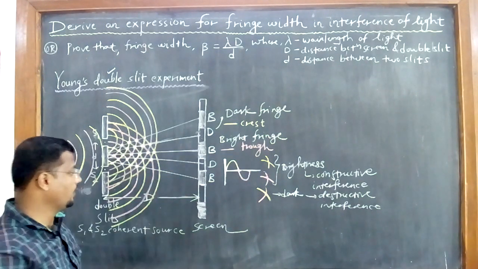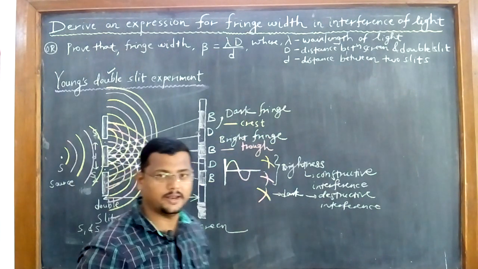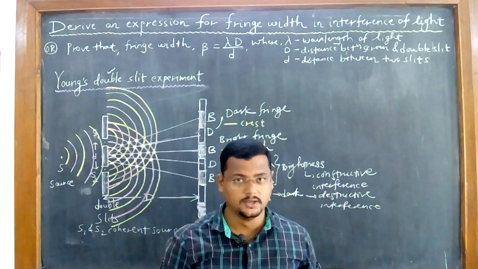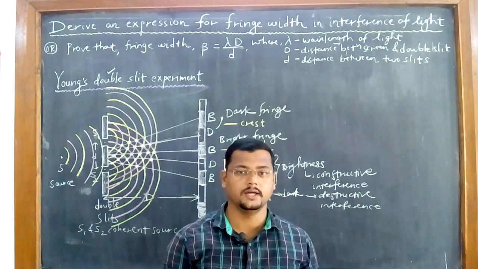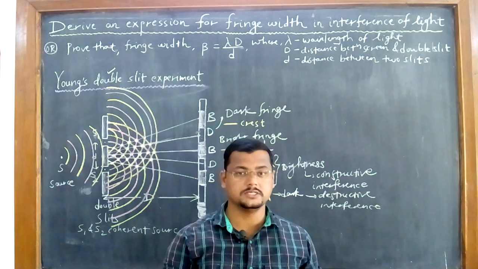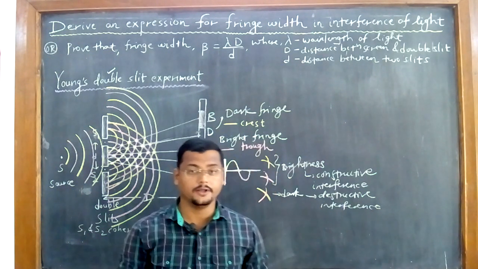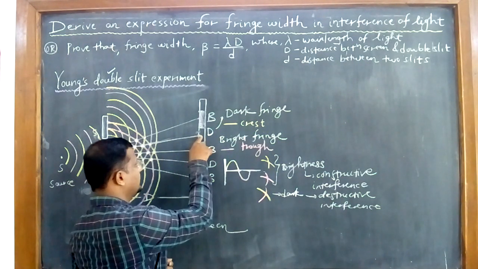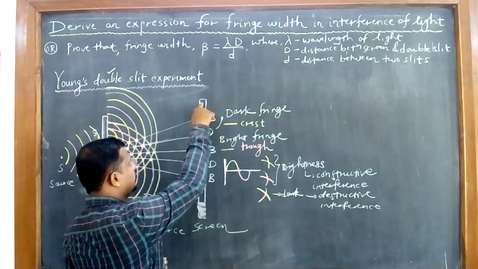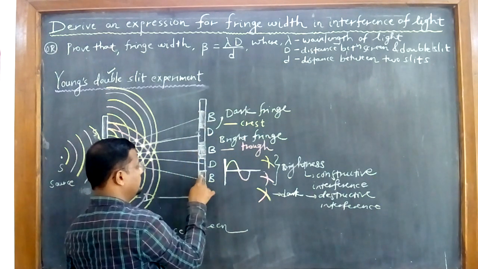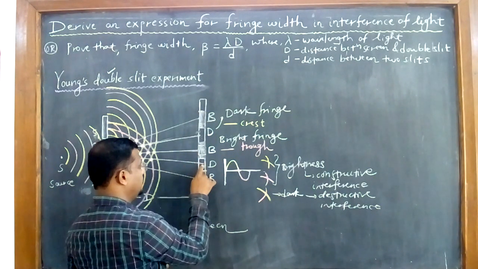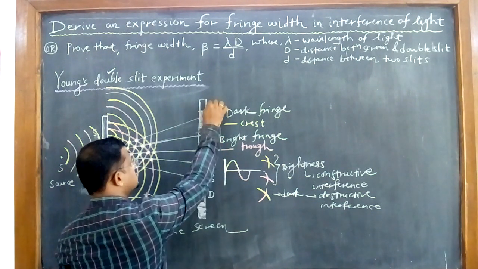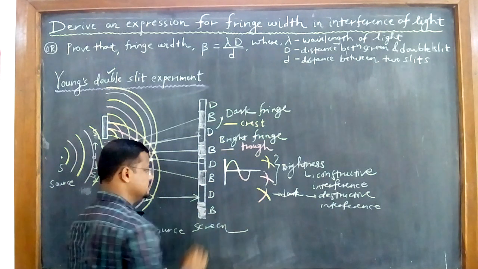So on this screen you have got the brightness, darkness, means these bright fringes and dark fringes are arranged alternately or successively. Alternately means what? After bright you will have dark, after dark bright, dark, like this. Here bright, dark, right? Bright, dark, like this is darkness here, right? This is darkness, this is also darkness here, this is brightness here.